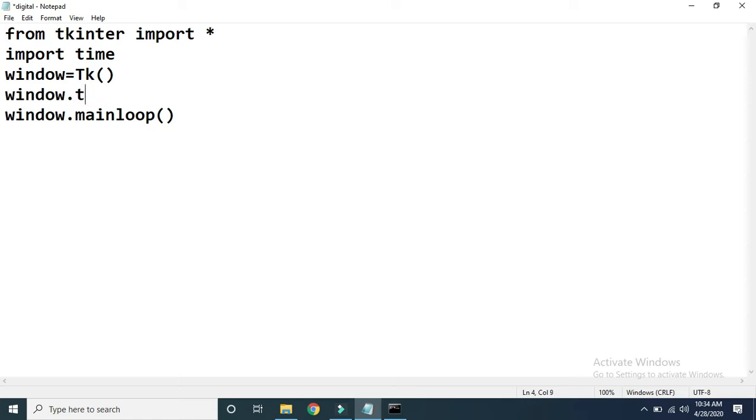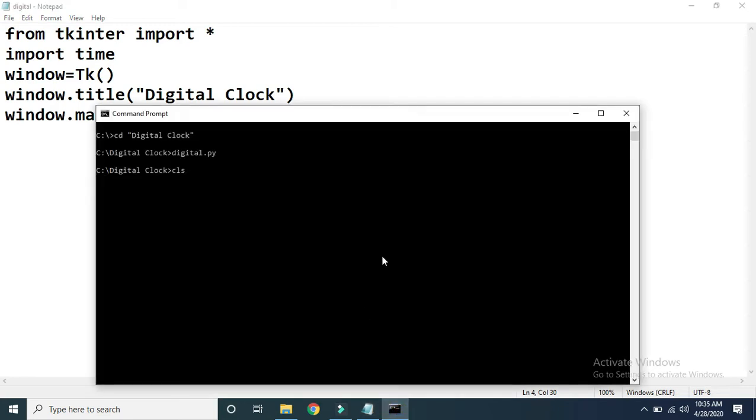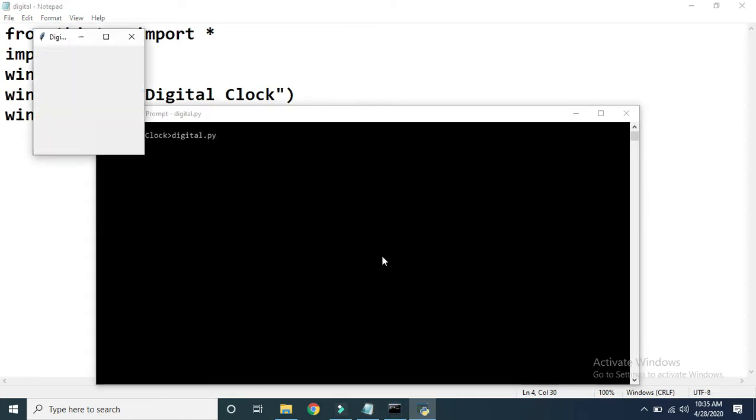Using window we have to call the title method, and let us give the title as digital clock. Let me save this program and execute it once again. See here, it has given the title as digital clock.